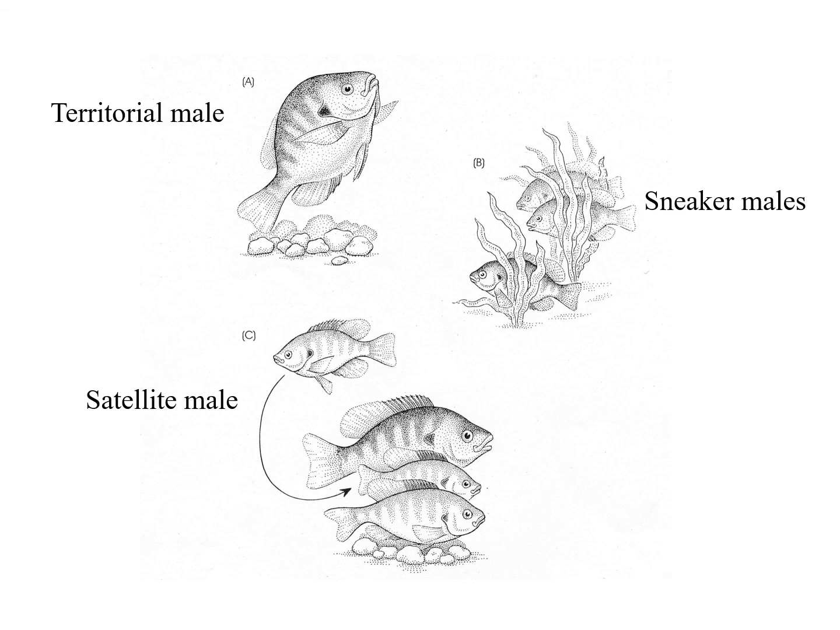So territorial males are what we think of as the normal, typical male. They defend a territory. They're large and colorful. They swim around the edge of their nest to attract females. When females enter the nest, they mate. They have external fertilization, like most freshwater fish, most fish generally. As the female releases her eggs, the male releases his sperm. The eggs are fertilized, the female goes off, the male stays and guards the nest and guards the eggs until